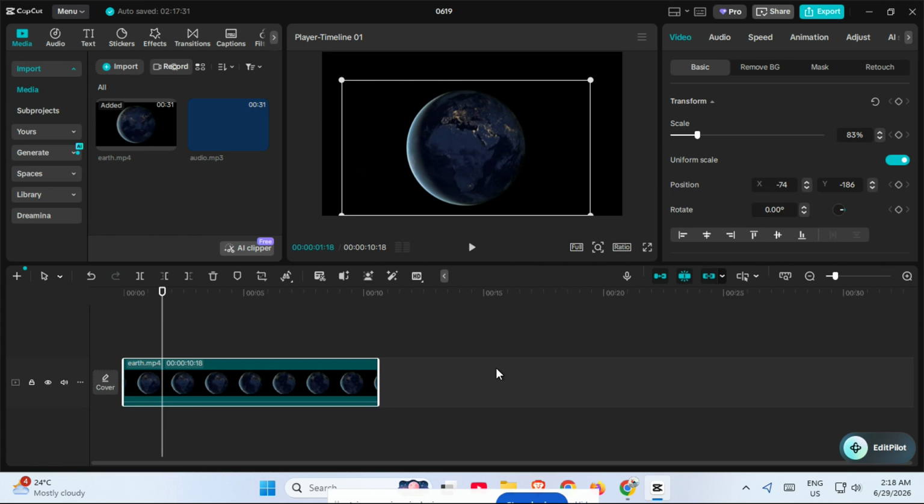So whether you're working on a TikTok, YouTube short, or any other video, this simple technique can save you a